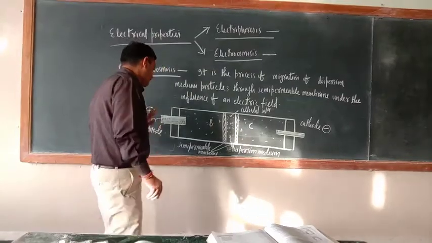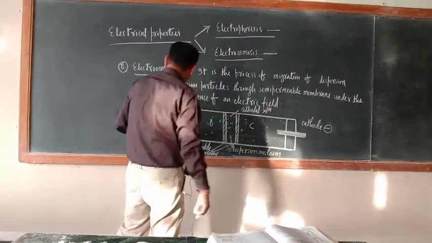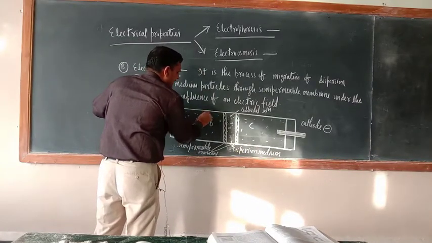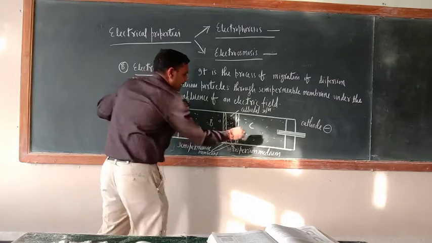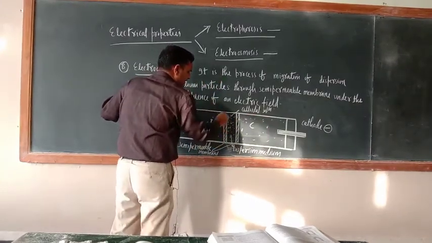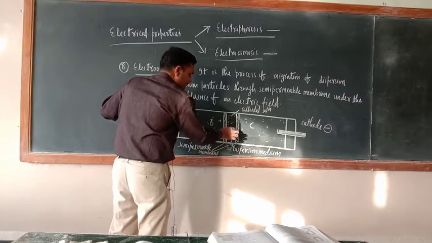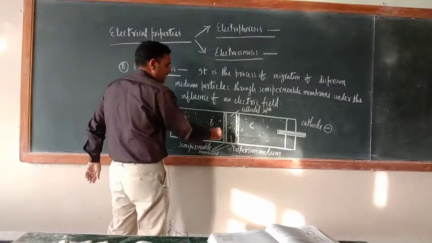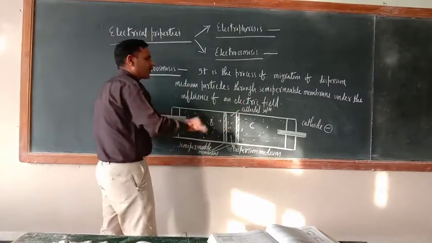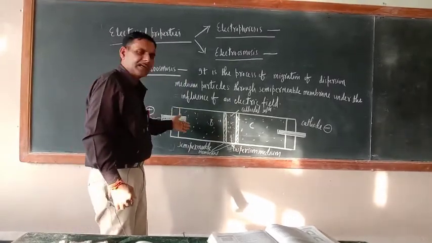Now just see, these two are electrodes, this side and this side. That is the cathode, this is the anode. Here you have taken solvent, here also you have taken solvent, and both solvents are separated by the semi-permeable membrane. This one and this one is a semi-permeable membrane. And in between the two semi-permeable membranes, you have taken the colloidal solution. Okay, now develop the electrical field here.